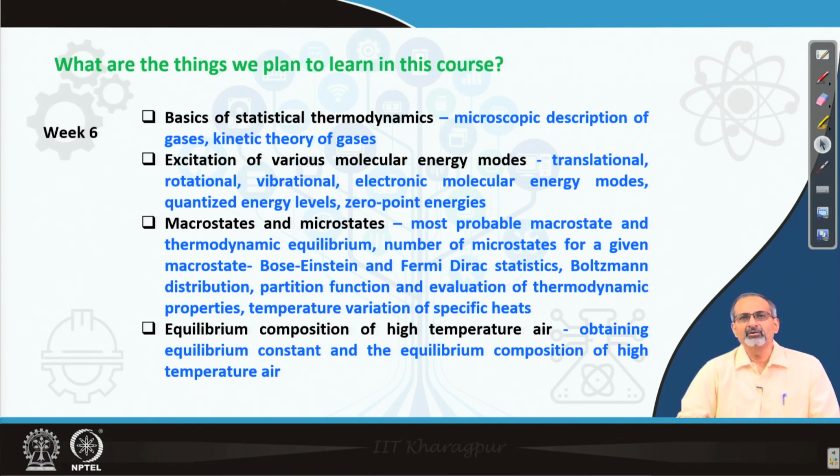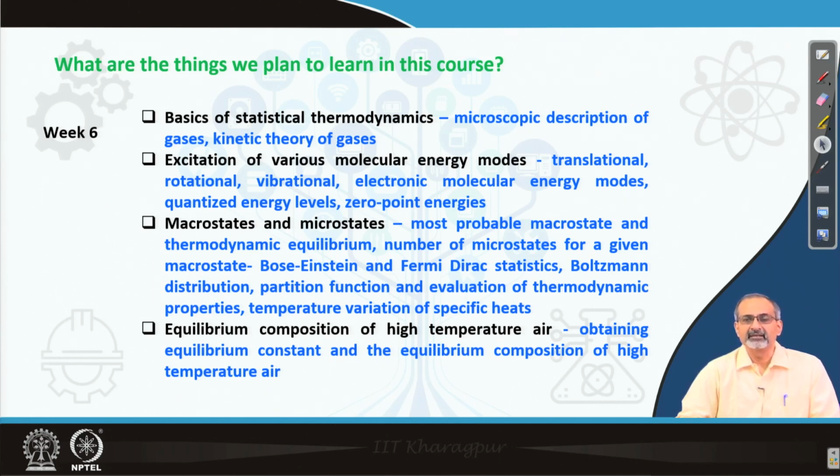Again, electronic molecular energy modes, and all these energies are essentially quantized. So, the quantized energy level concept, the 0 point energies, and so on. Then we have the very important macro states and micro states. We have to look at most probable macro state and thermodynamic equilibrium, number of micro states for a given macro state based on Bose-Einstein and Fermi-Dirac statistics, and finally Boltzmann distribution, partition function and evaluation of thermodynamic properties, and temperature